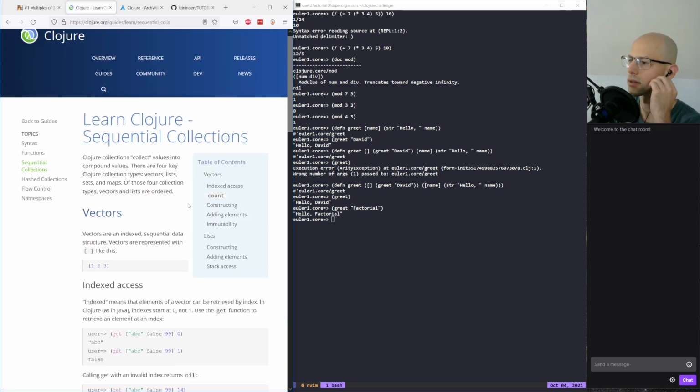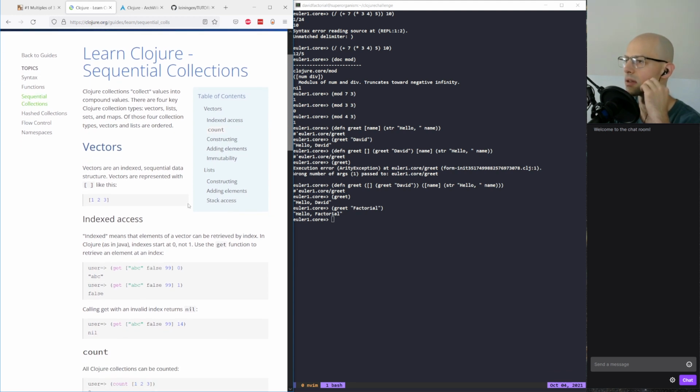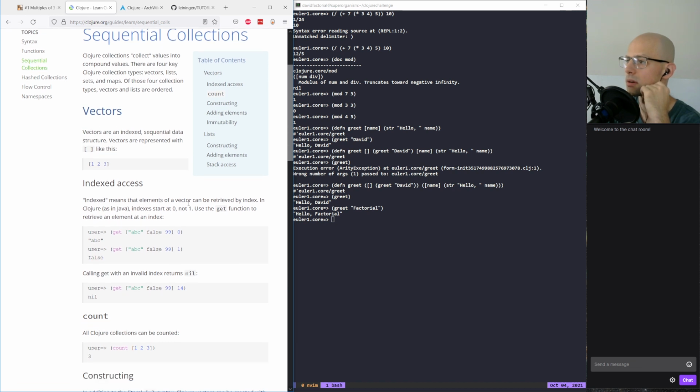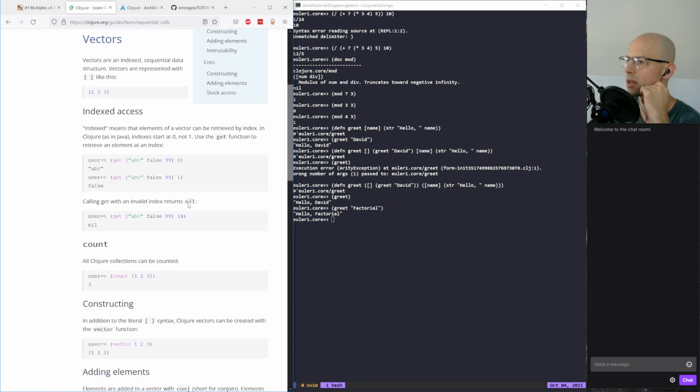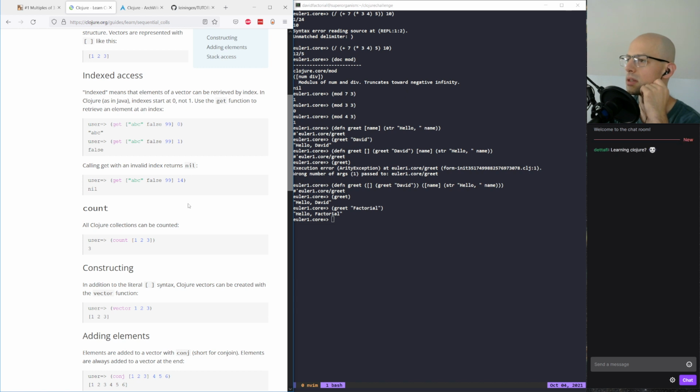Clojure collections collect values into compound values. Very good. There are 4 key Clojure collection types: vectors, lists, sets, and maps. Of these 4 collection types, vectors and lists are ordered. Yes, so vectors are indexed, sequential data structures with square brackets. Indexed means that you can